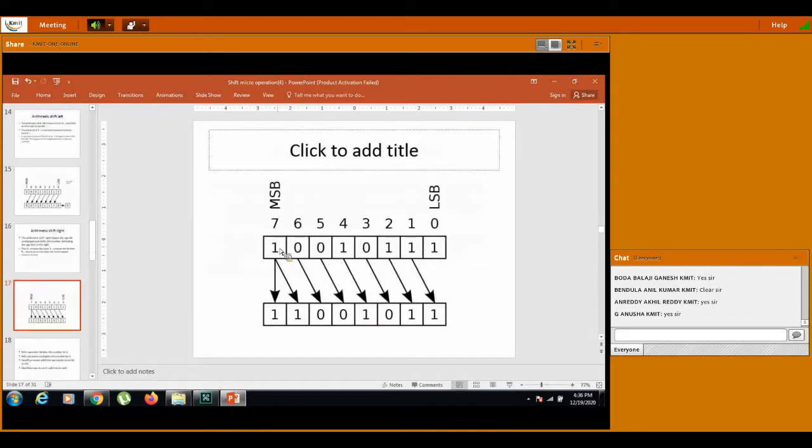So what happens in the shift right? So you are taking the right concept. What you are doing, you are not dropping it, but you are taking the same bit whatever is here, and you are moving it in this way. Now you may get a confusion. So why are we doing it like this?